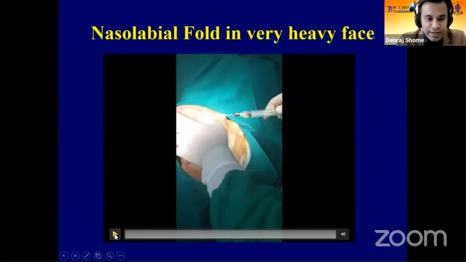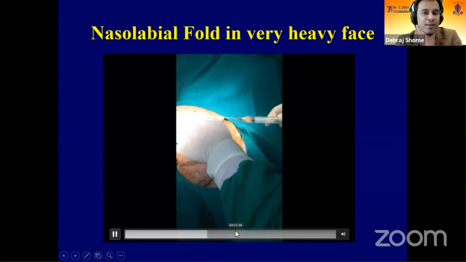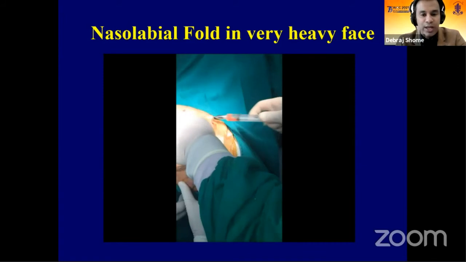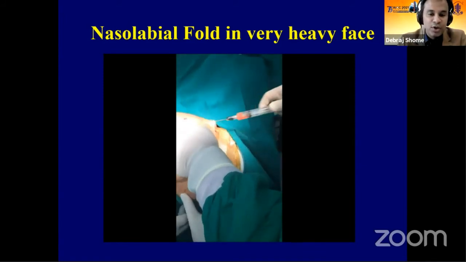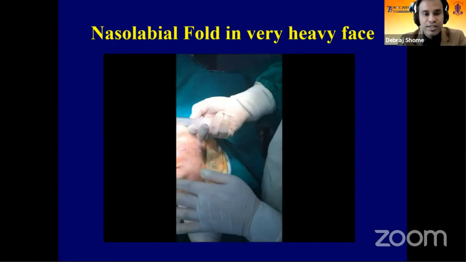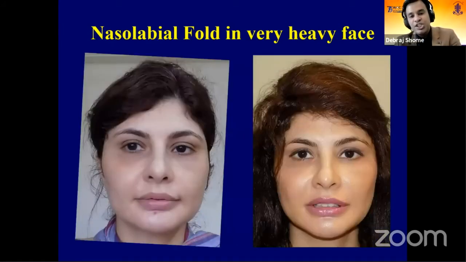Another thing that we do very regularly is facial liposuction. You do facial liposuction in the parts which have extra fat, like the double chin area or the jowl area, take the fat in a Luer-Lock syringe and transport it to the upper part of the face, where it can then be used to transform the face. So you can see how the shape of the face can end up changing in these people.